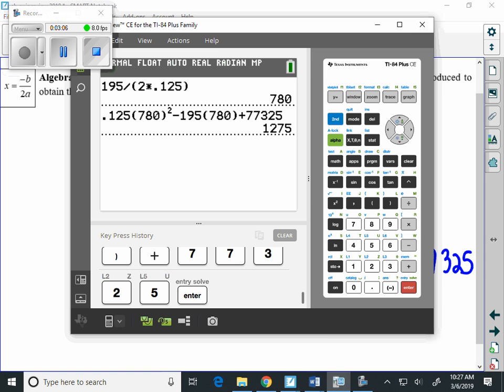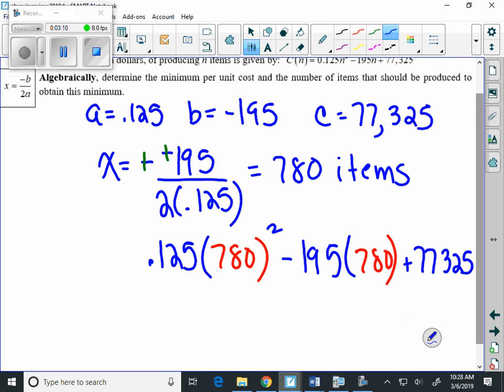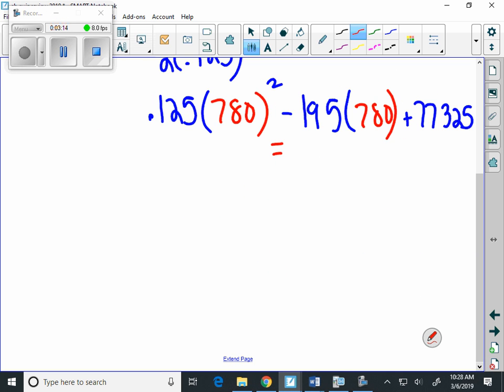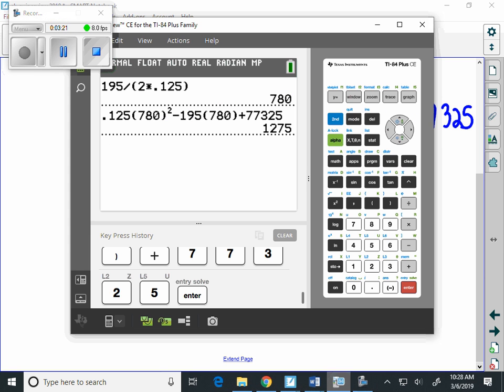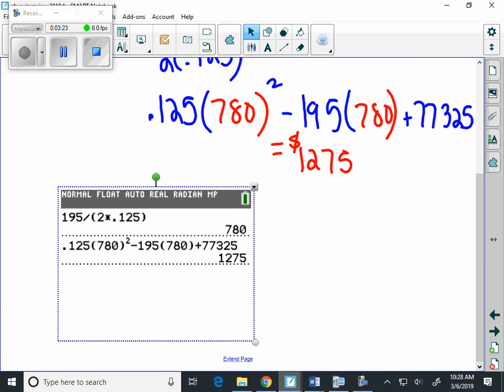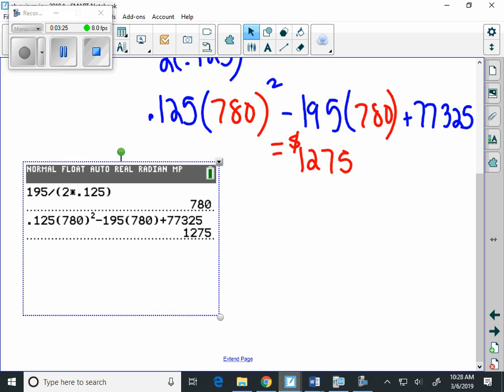And this is going to give us their cost: $1,275. And here comes the calculations for that. Flipping our paper over,